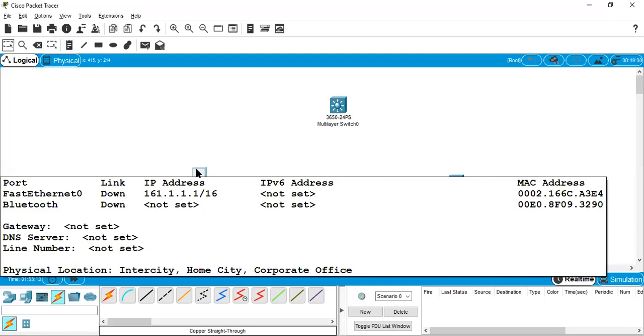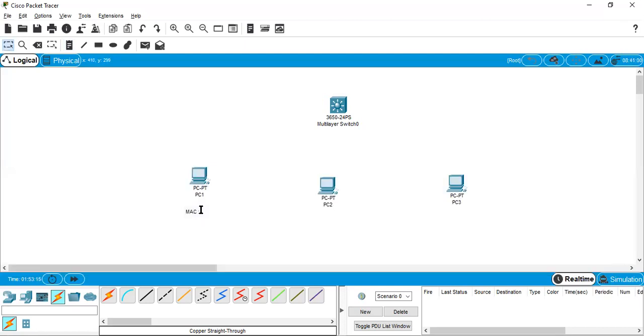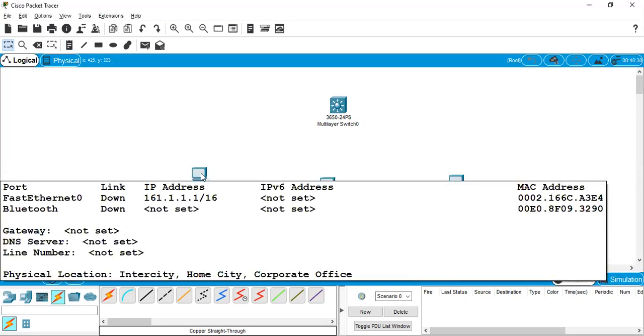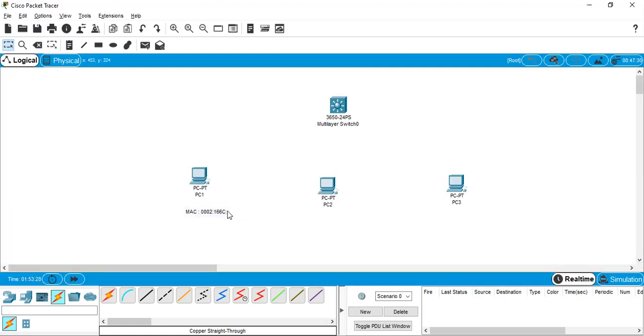Example: 166.0.0.0.2, 166C. Then A3E4, IP 161.1.1.1 slash 16, class B, so slash 16.